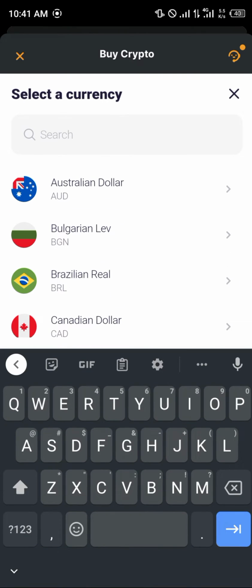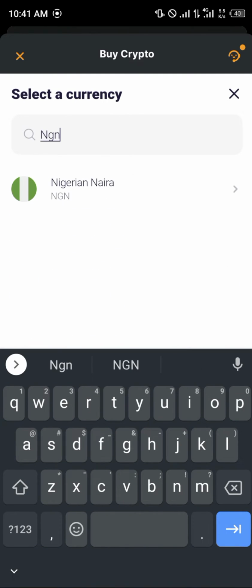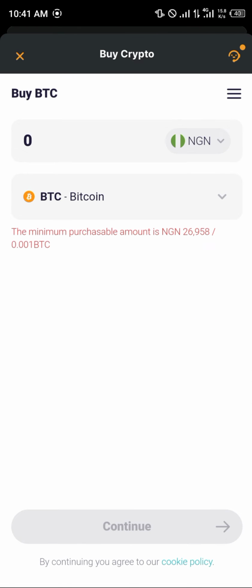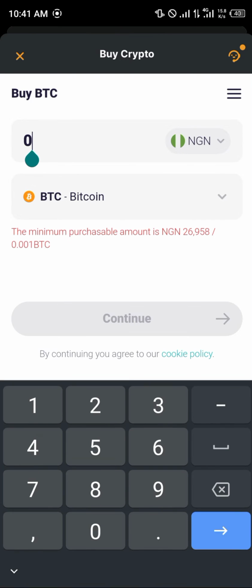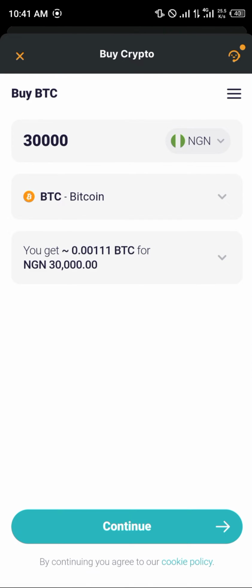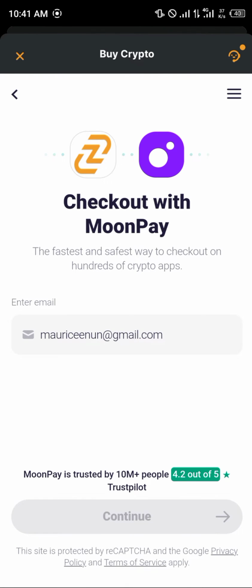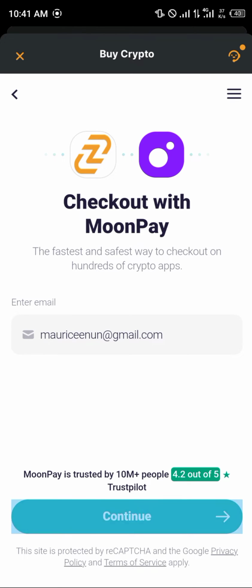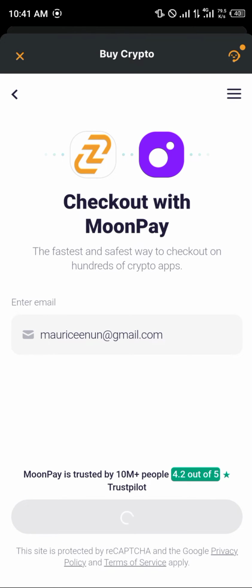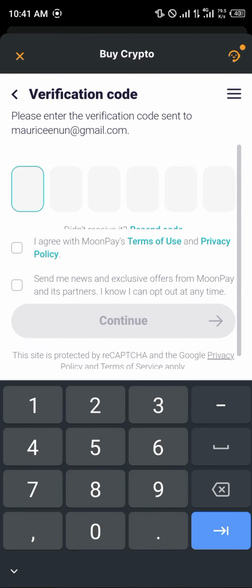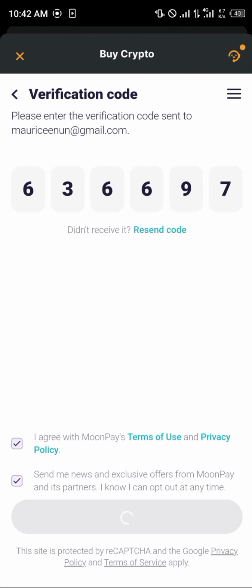Okay guys, and once MoonPay has opened up, all you need to do is simply select the currency you wish to buy. So I'm going to be using my local currency. You can do the same with the dollar or the euro. So let's say I want to get it for, click on continue, put in your email, click on continue again, and then proceed to enter the code that is shown. Click on continue